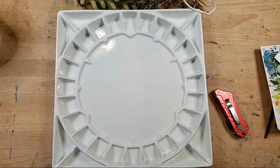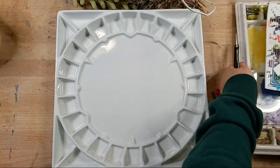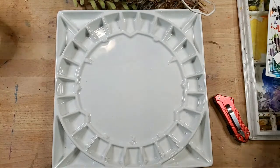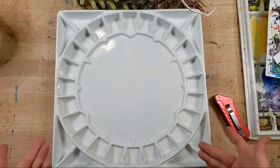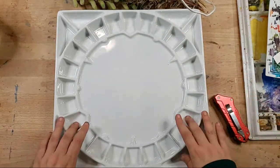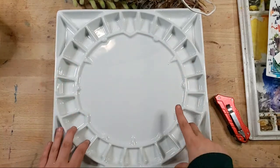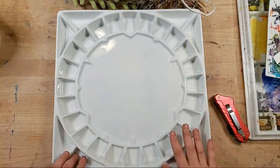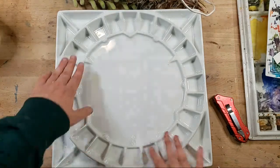So, I mean, I can share what I'm going to do with it. And I think some of you have already heard a little bit of my musing on this, because I found this a little while ago when I was writing a blog post and started floating some options. The way I usually set up my palettes is I do a CMY triad at equidistant corners, and then across from it I will do the direct complements. So that's sort of green, orange, and violet, but as it turns out,